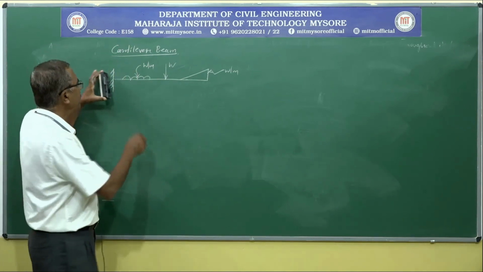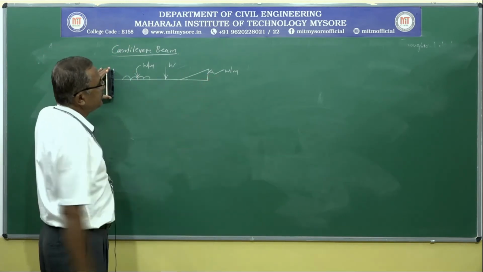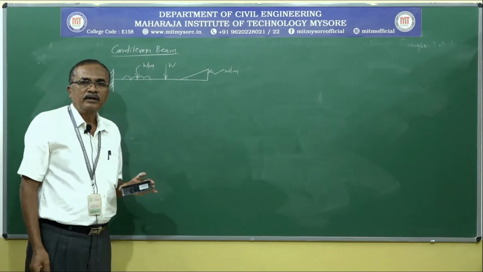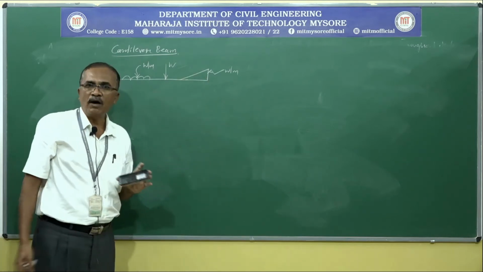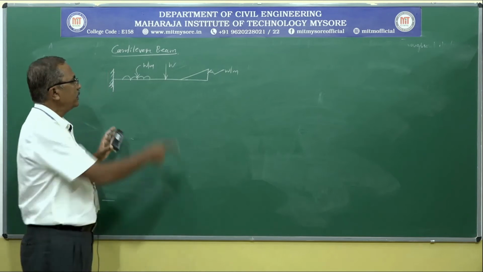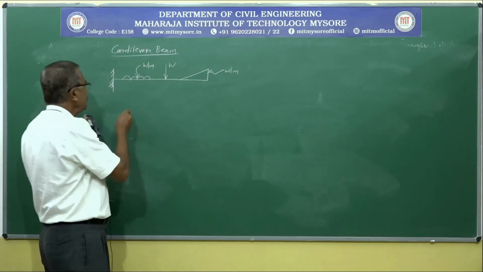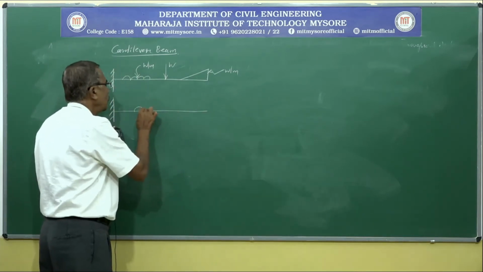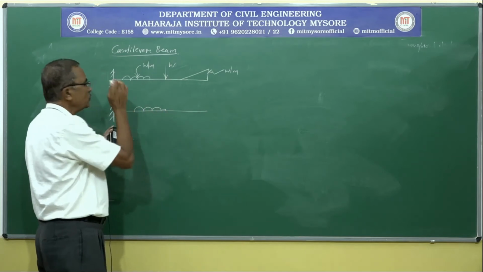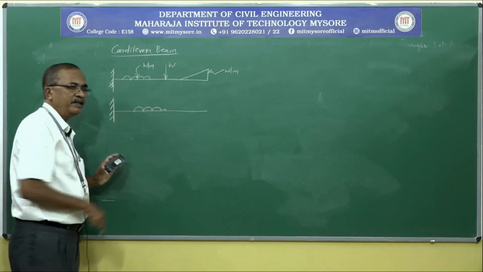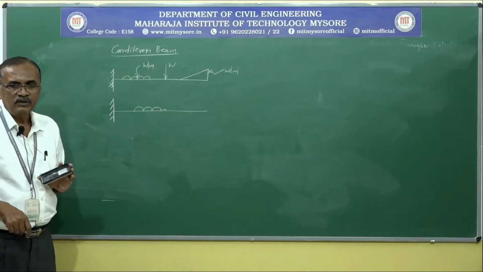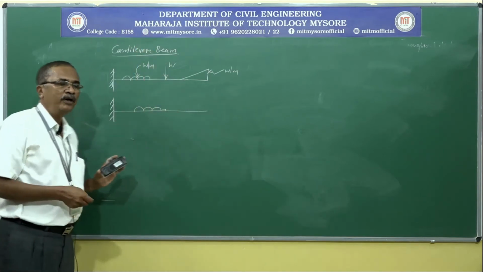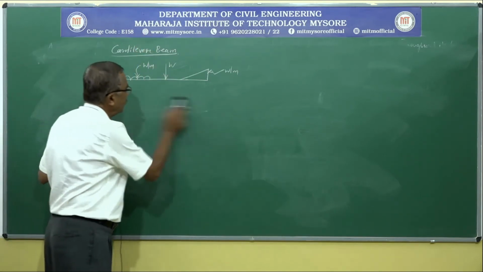The same case happens here. When the cantilever is subjected to loads, the beam predominantly bends in the upward direction. That upward bending is known as hogging. Again, it is true even if a cantilever beam is subjected to load somewhere at the middle or very close to the fixity, even then the beam will bend in the upward direction. So irrespective of the point of application of load, always the beam will bend in the upward direction, creating the hogging bending moment.